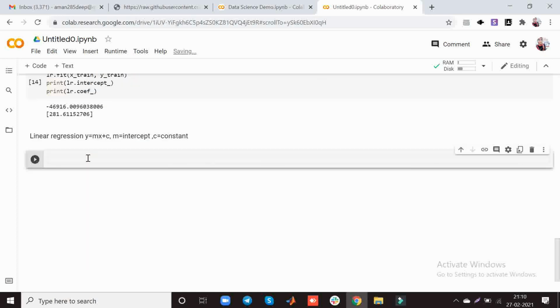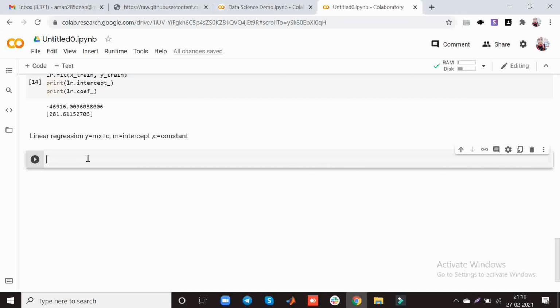And now let's predict a new value based on a new input value. Before that, the equation is y equals mx plus c. Let's store our intercept and coefficient values in variables.